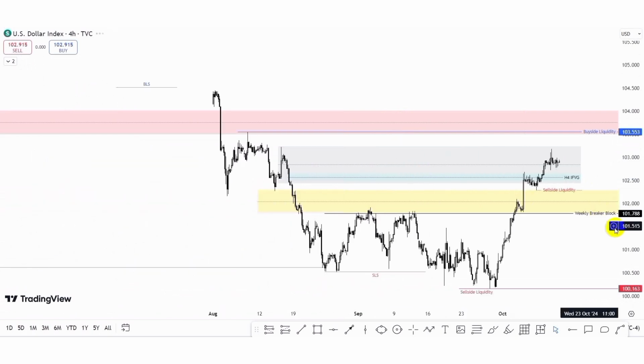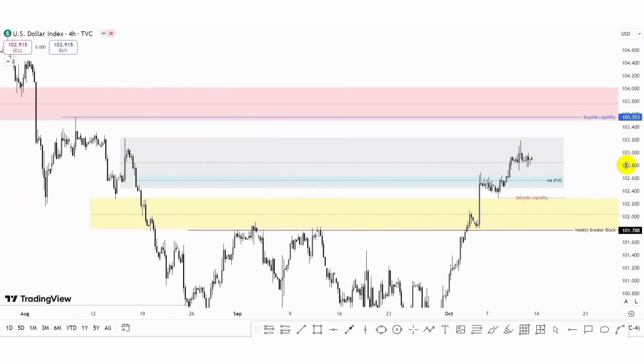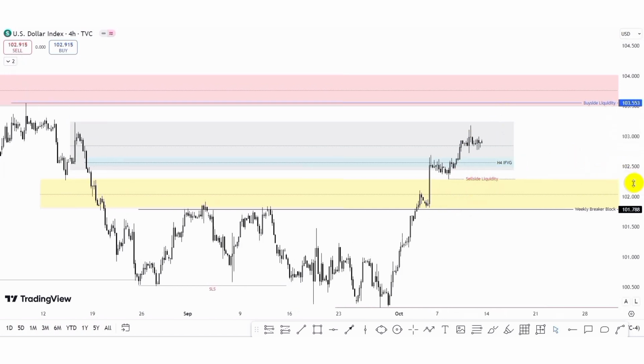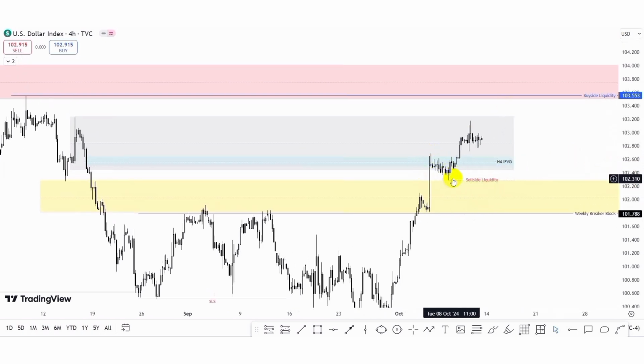So here in the 4-hour time frame, what we can see within the daily order block zone we identified, you can see we actually saw this 4-hour fair value gap. Our price returned to the fair value gap. So we expected to see that price would dip lower to the mean threshold or raid this sell side liquidity and mitigate the weekly breakup before we have the continuation to the upside. But what we can see, we had a little pullback of price to the downside, and then price mitigated the high of the weekly inversion fair value gap and then the continuation. So we can see that price actually closed above the 4-hour fair value gap.